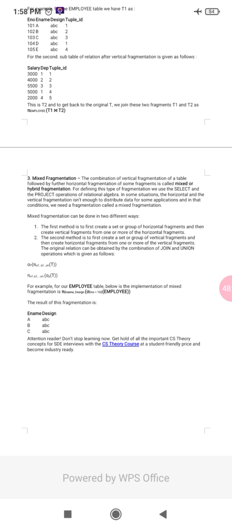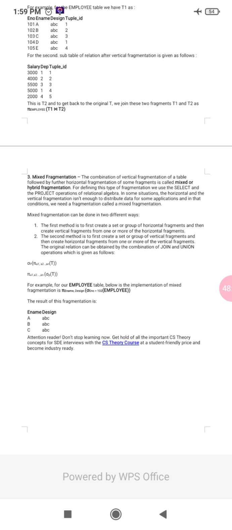The original relation can be obtained by a combination of join and union operations, which is given as follows, right? Take an example: for our employee table, in the implementation of mixed fragmentation, employee name and designation are there.